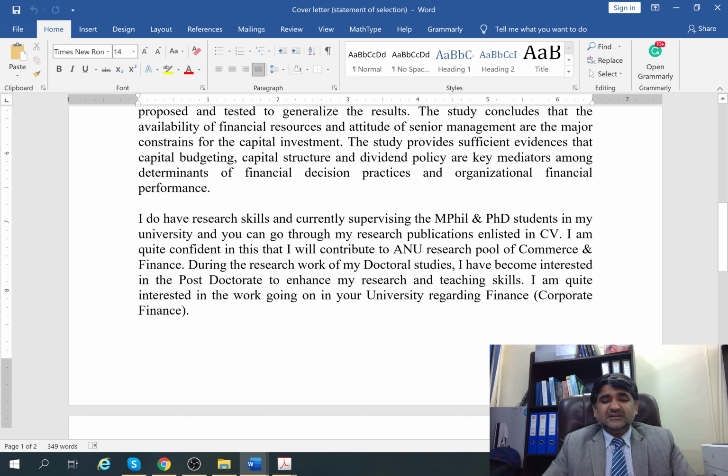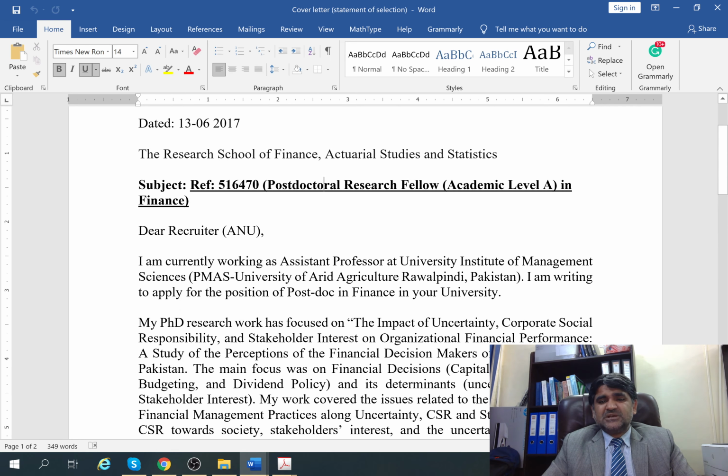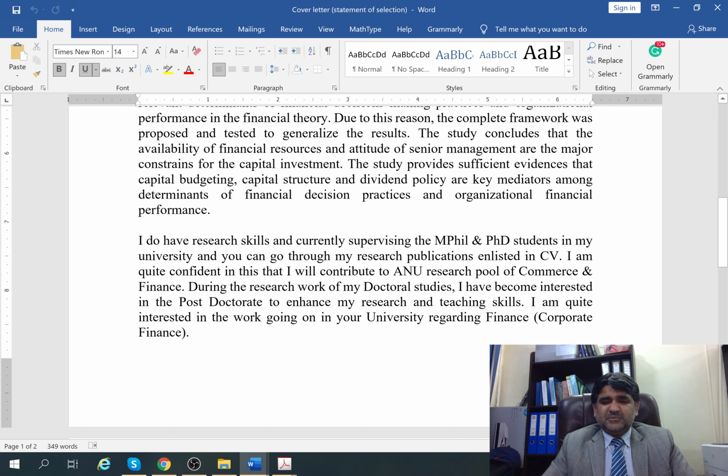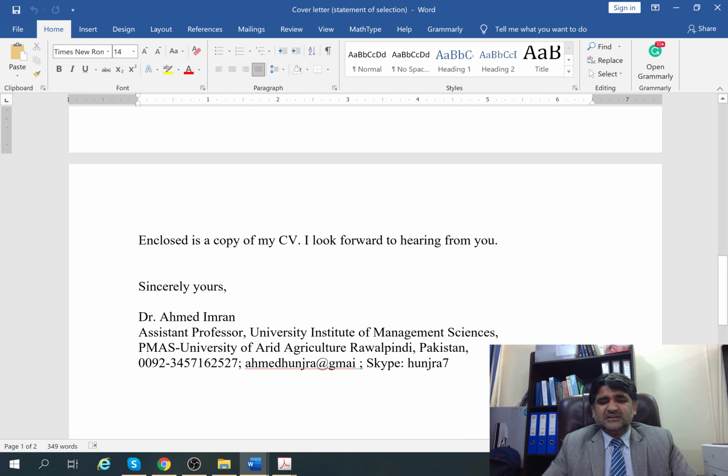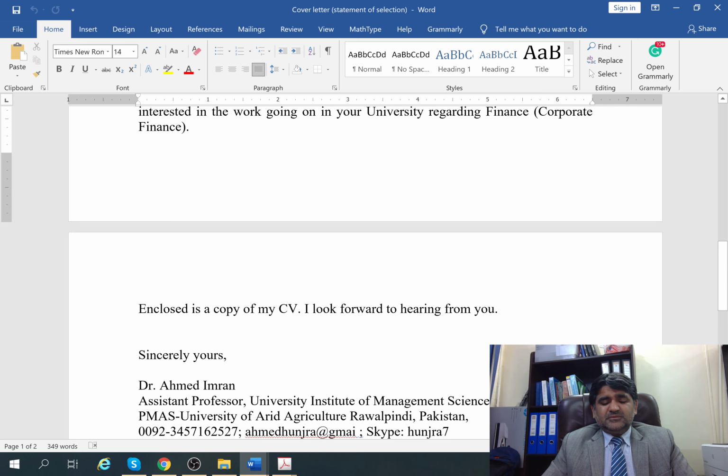But as I understand, these fellowships are already planned, and they call for fellowships which belong to a specific project. If your skills, your education, your qualification are related to that call, then you can apply for that particular fellowship. And in the third paragraph, you can talk about your skills, research skills. If you have some experience of research, you can mention it here, and in the end you can put your particulars and so on. Now we have discussed four components.